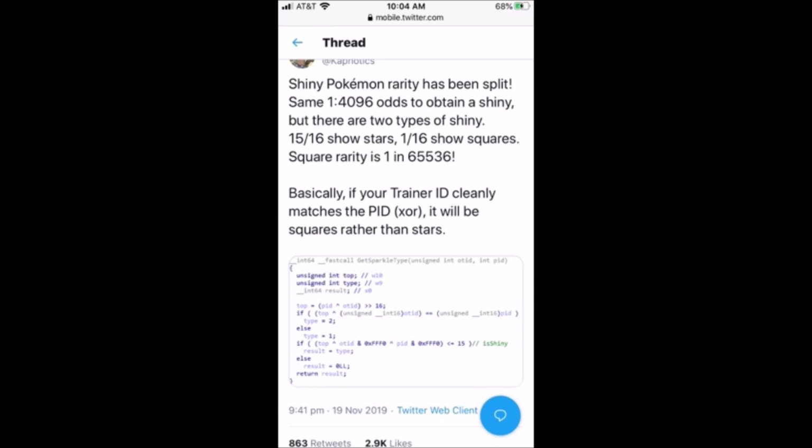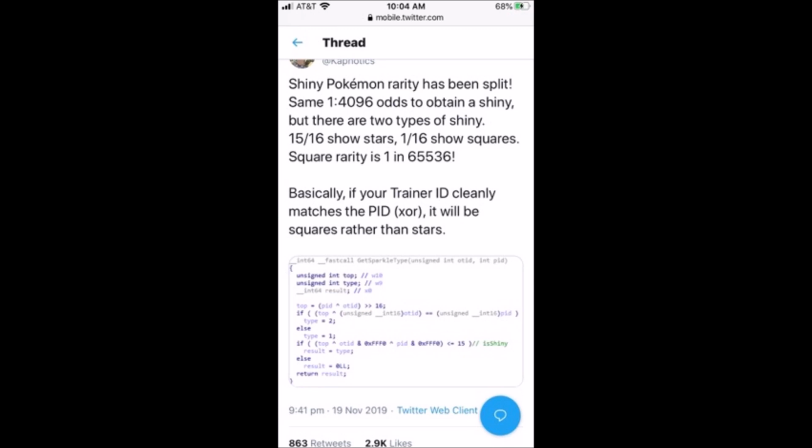I'm just going to quickly give you a little bit of an analysis on the data that has been discovered about the shiny animations. You may know that there are two shiny animations in this game, one being stars and the other being squares, and we've not actually known what the differences are with those animations until now. There might still be a little bit more to discover about these animations, but